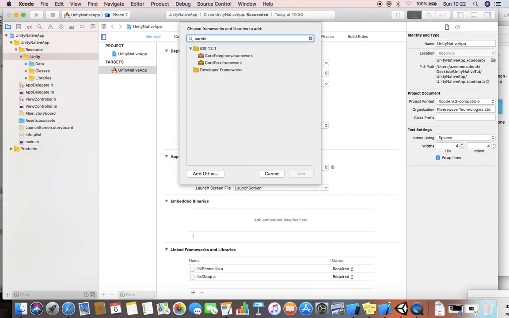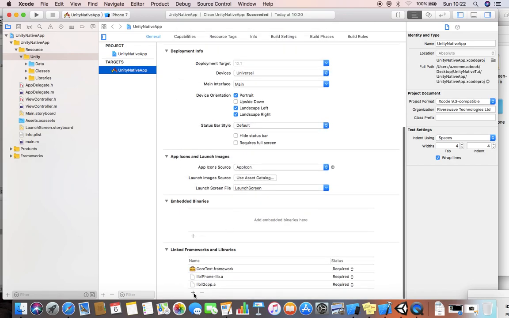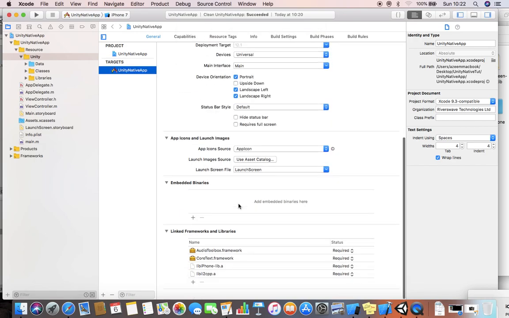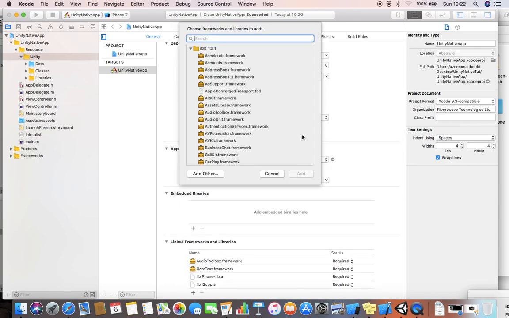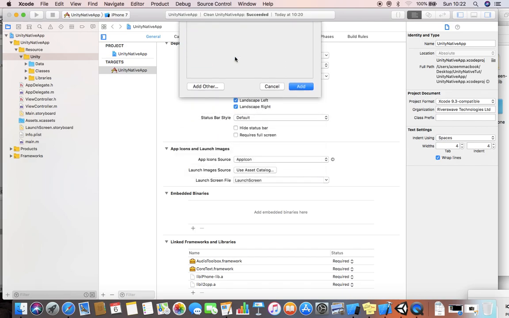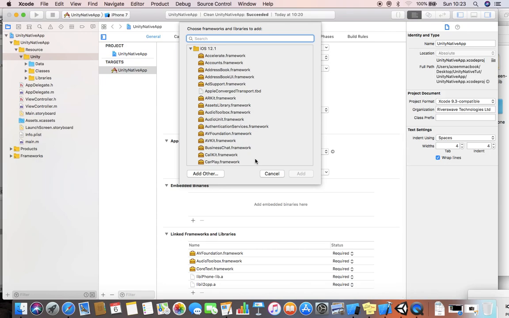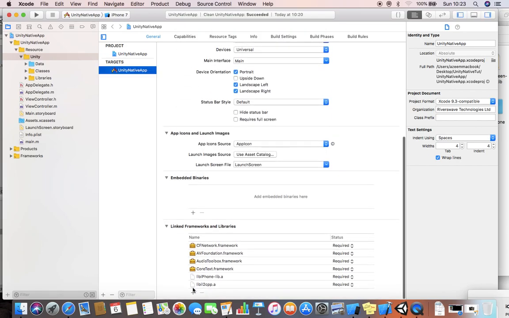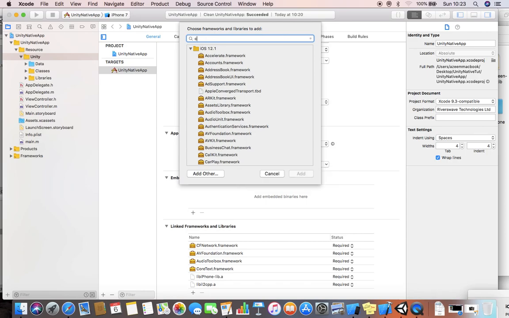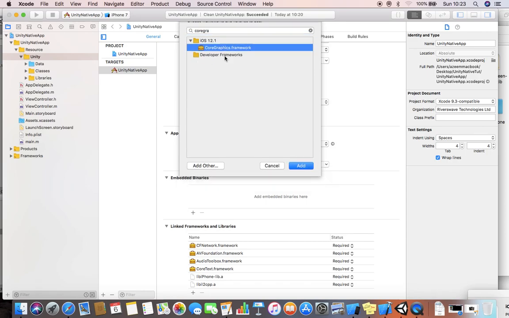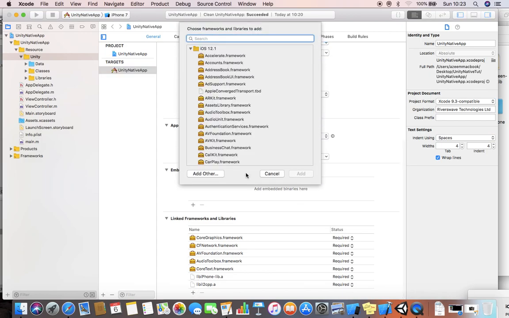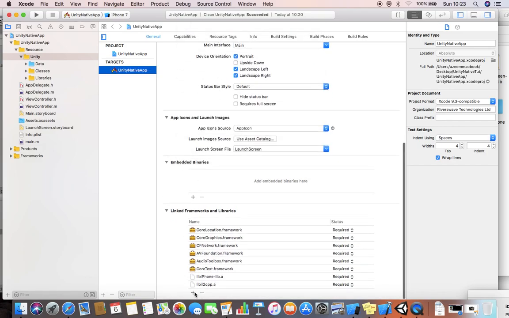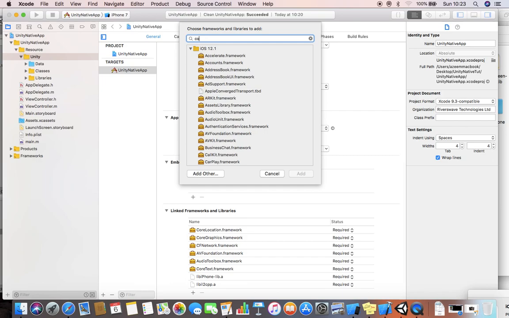So core text, then audio toolbox framework, then AV foundation framework, then CFNetwork framework, then core graphics framework, core location framework,